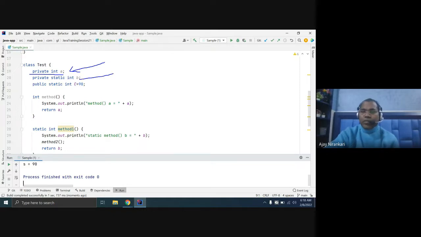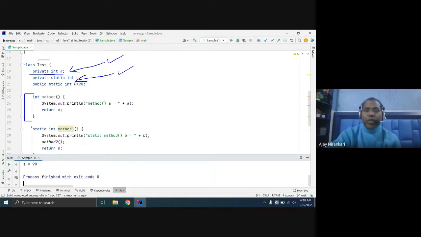And this is your static variable. There is no doubt. So one class can hold instance variables or non-instance variables. Similarly, any method which is non-static, you can call an instance method.